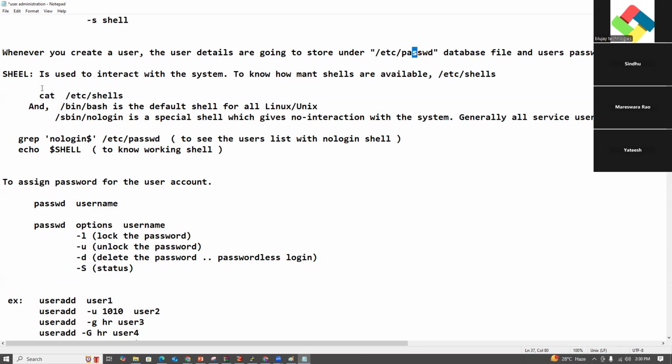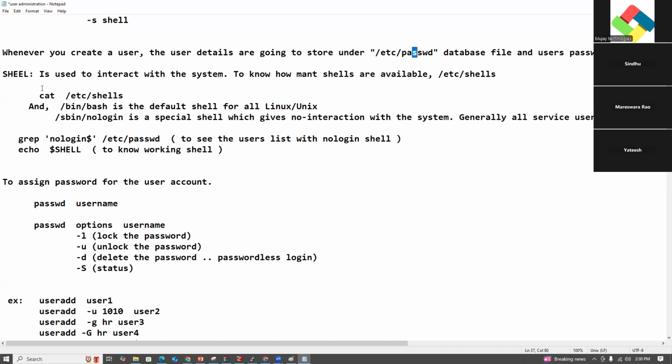With the help of PuTTY, through SSH. The communication is secure, SSH, secure shell. Through the secure shell, you are connecting to the server, right? Shell.